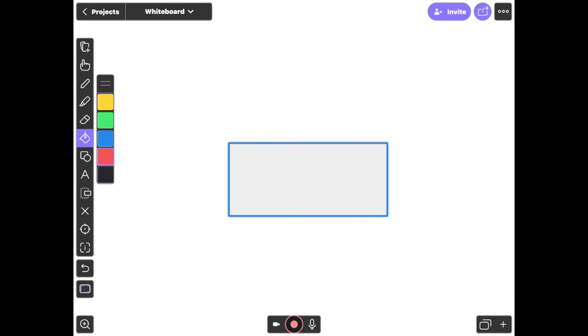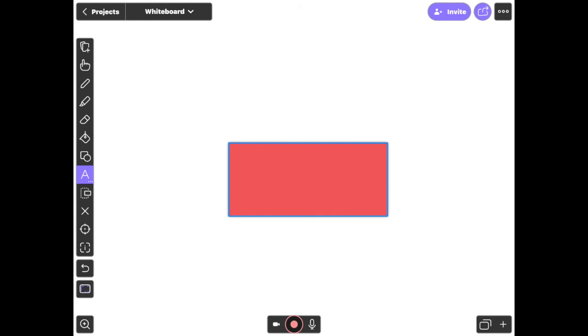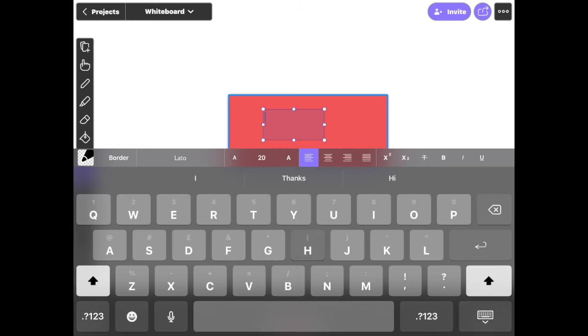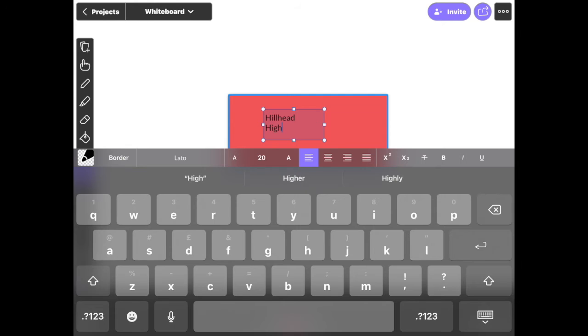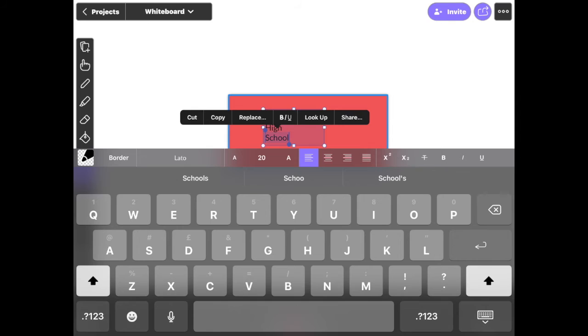In this case I'm going to use a rectangle, and I'm going to go back to the paint bucket and I'm going to select red, select on the middle of the shape, and that will change the shape fill for me. Finally, underneath the shape tool there is an option for text, and again I'm going to select text and